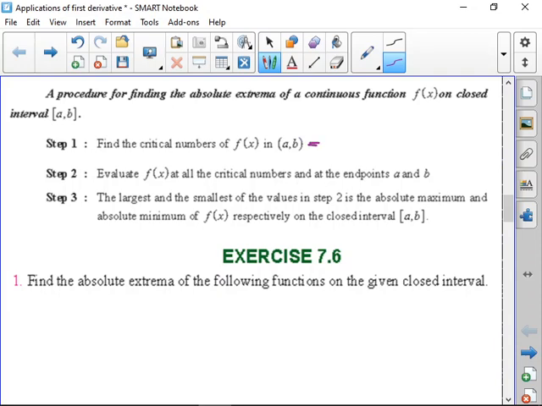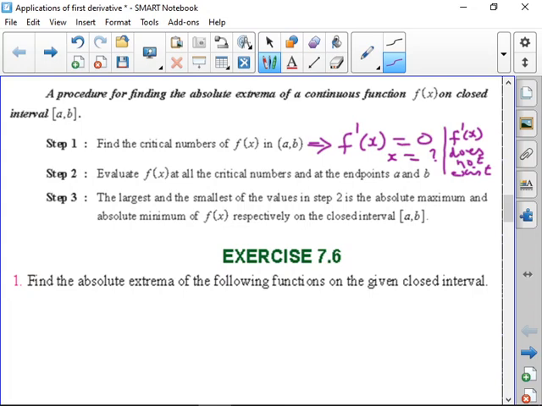Okay, critical numbers எப்படி கண்டுபிடிக்கிறது? f dash of x is equal to 0 போடுங்க. f dash of x is equal to 0 போட்டு உனக்கு கிடைக்கிற x values கிடைக்கும் இல்லையா, those values are called the critical numbers. அல்லது when f dash of x does not exist, we have seen already. Does not exist la எந்த பாயிண்ட்ல does not exist,